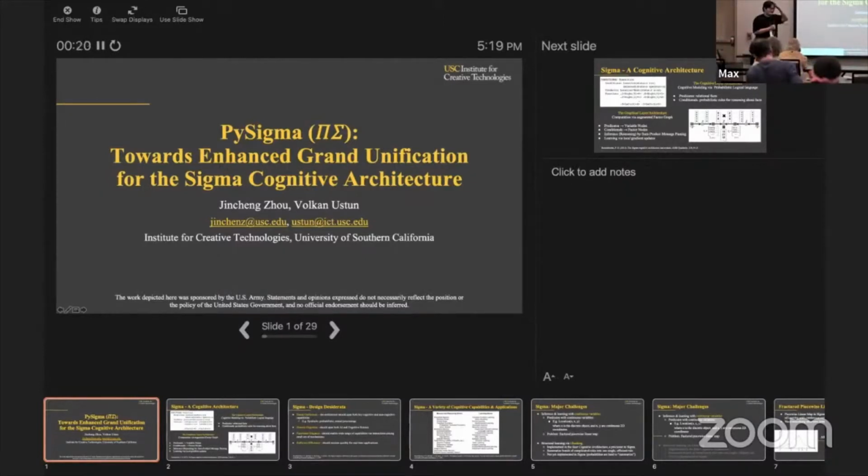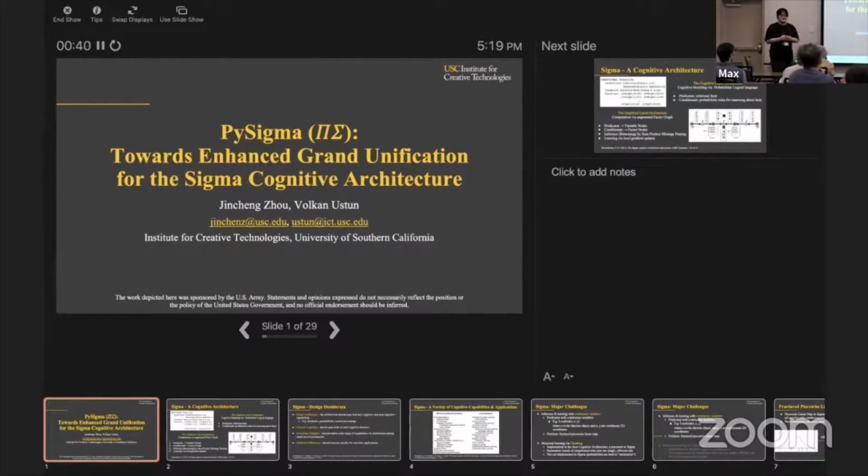All right, so let's get started. My name is Jincheng Zhou. I'm a first-year master student at the University of Southern California. I've been working with Professor Paul Rosenblum and Dr. Wolfgang Wolfson for the past 3 years. I'm very happy to introduce you to our latest work, PySigma: Towards Enhanced Grand Unification for the Sigma